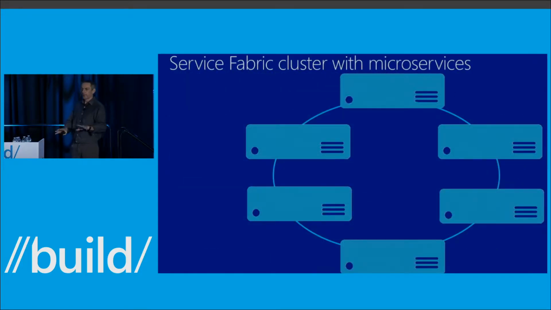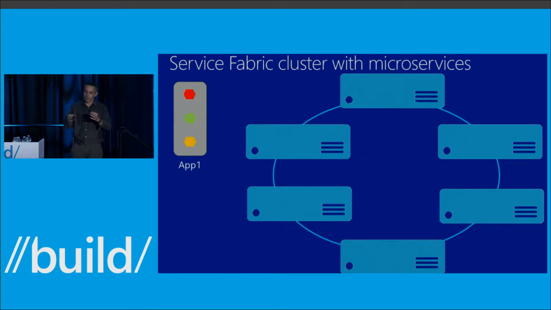So let me get just a few concepts in place, because understanding a few of these concepts helps you really appreciate and understand the demos that we're going to run through. At its core, we talk about a cluster. And what this does is we take a set of machines, physical machines or VMs, and we stitch them together to form a cluster of machines. And this cluster can be scalable from 3 machines to 30 machines to 300 machines. It's kind of infinitely scalable. You can scale it up, you can scale it down. It consists of machines of different sizes. But it's important because you can think of this as a collection as a whole.